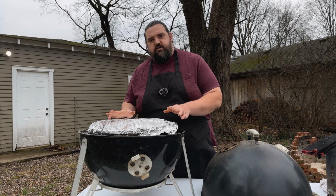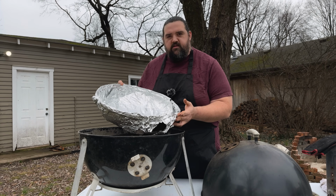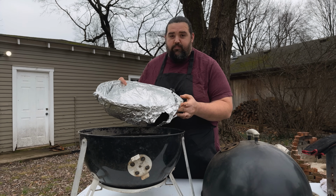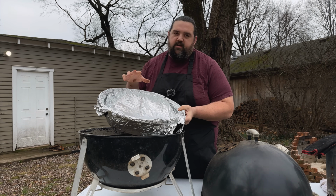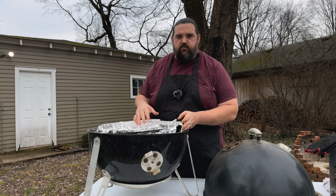Now above the charcoal chamber is going to be the water pan. This sits in the cooking chamber actually. Now the water pan's a major feature of the Weber Smokey Mountain. It's what makes it what it is. And I can promise you this thing's going to get dirty as hell. I usually put foil over top, but even then juices are going to get underneath the foil, but it does make for easier cleanup. So the water pan probably causes the most confusion with the Weber Smokey Mountain because people